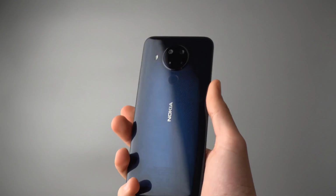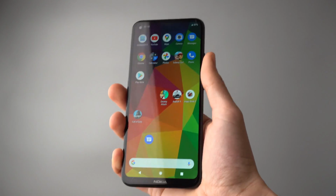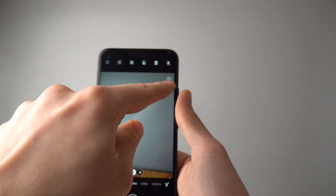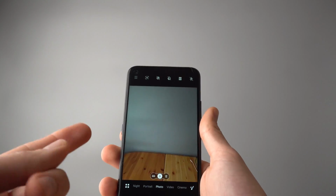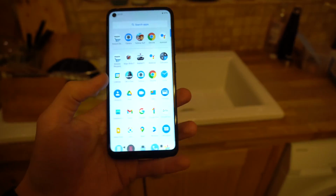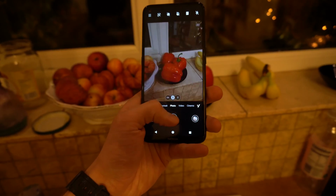For the next test, I'm going to take 200 images with the camera of the Nokia 5.4 and basically see how much battery is consumed when you take 200 images, and I will also leave this in auto HDR so it also processes images and uses a bit more battery. Currently the battery is at 57%, and I'm going to take 200 images of random objects such as apples, peppers